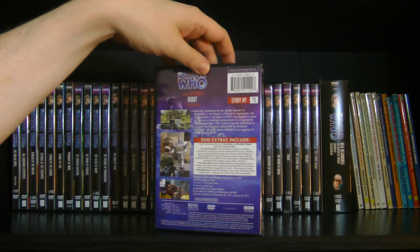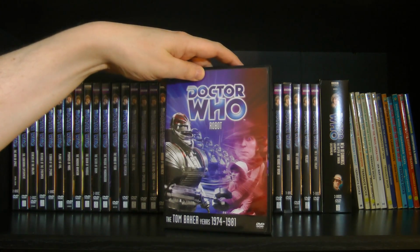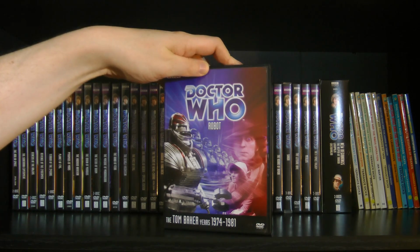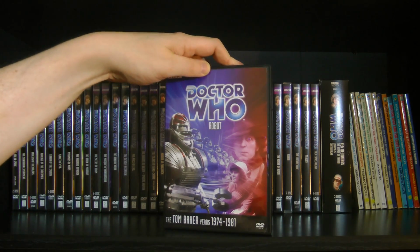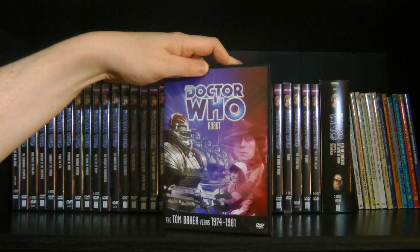Lots of extras on there. Great stuff. Notable in that this story was one of the earliest ones to be filmed entirely on video. Even the location footage is filmed on video. And the reason they did that was because they did a lot of chroma key effects, and they found that in the previous season when they did Invasion of the Dinosaurs, it was shot on video, but the background footage of